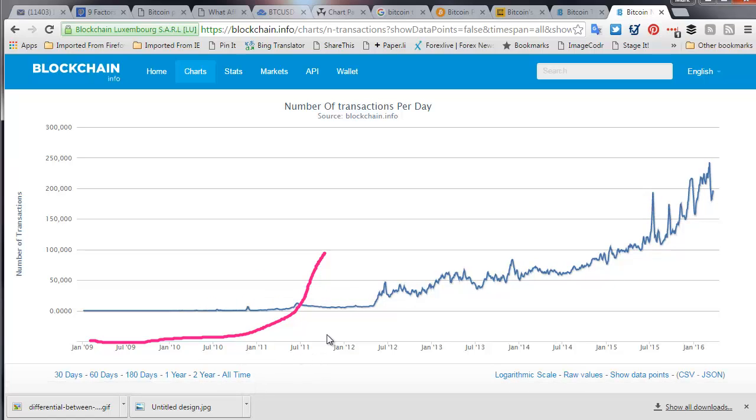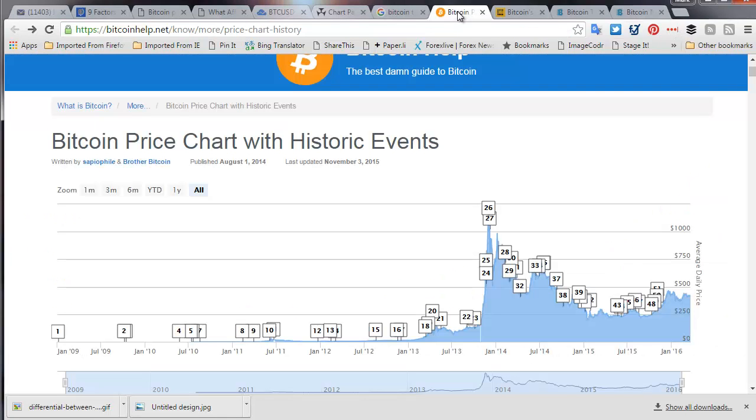I think this line here was drawn from 2012. So we could argue that it's similar, but I think this one is actually steeper than the transaction value would suggest. So the driver of value is coming from somewhere else. Let's just think about what those somewhere elses may be. The next chart I have looks at specific events, to determine which specific events have increased or decreased the demand for Bitcoin.